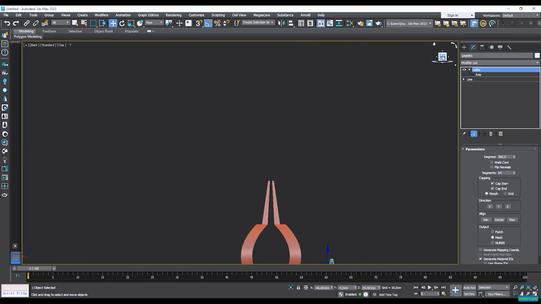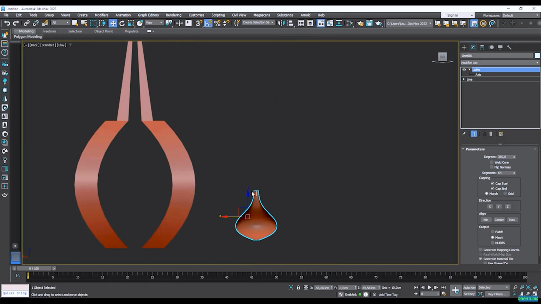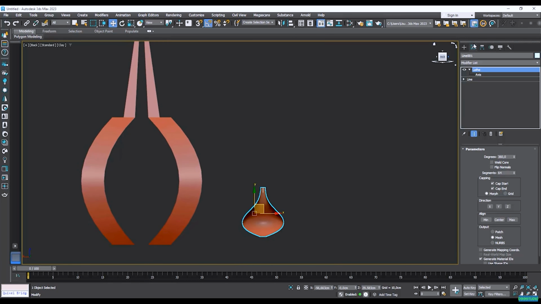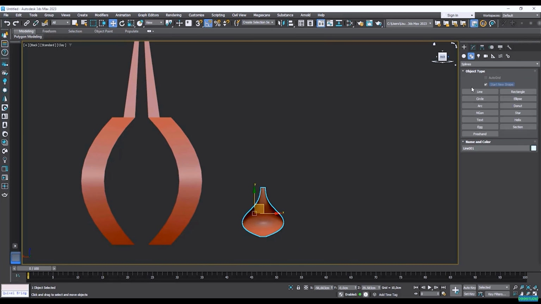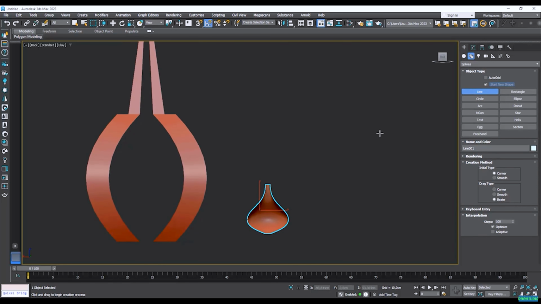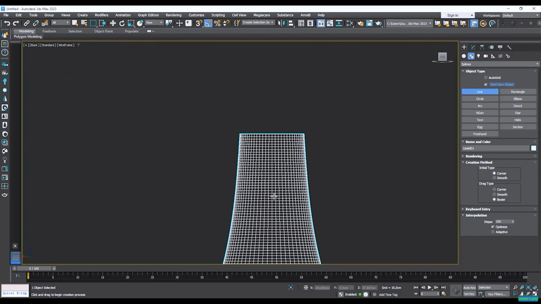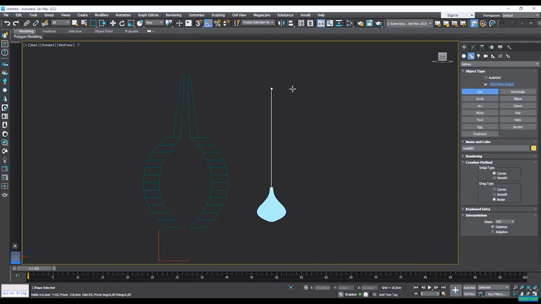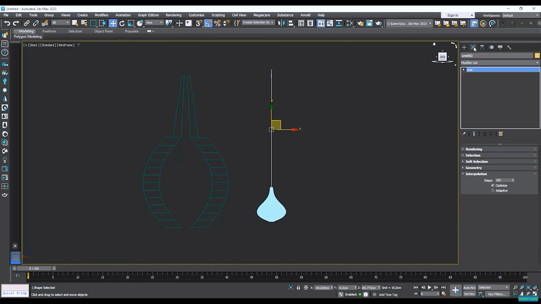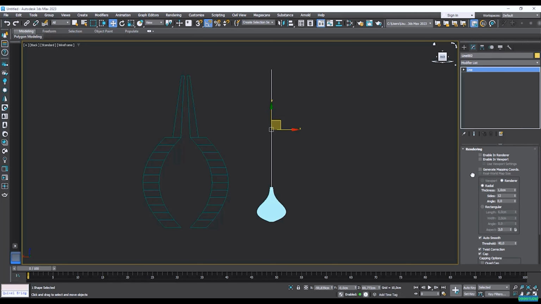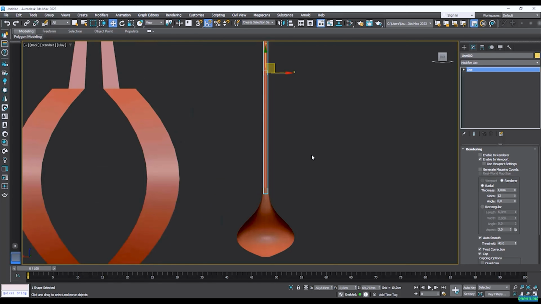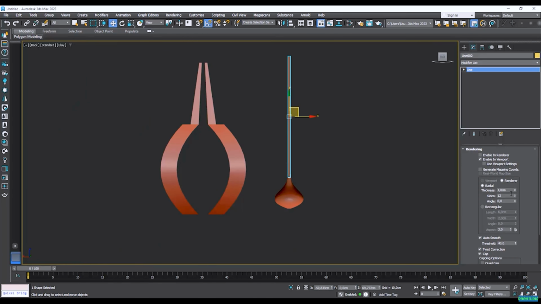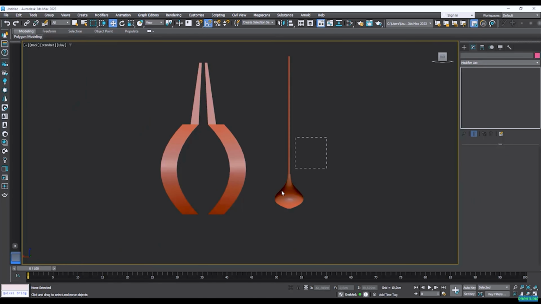Let's go to our back view, and now I want to add just a cable for this bulb, and it's really simple to do. I'm just going to go to my shapes and add it with a line. Press F3 just to see through this bulb. With my shift key, I'm just going to take it all the way to the top. Go to our modifiers list, and inside our rendering tab up here I can enable the rendering in the viewport. Now the thickness might be a bit too much, just reduce it a bit to 0.8,